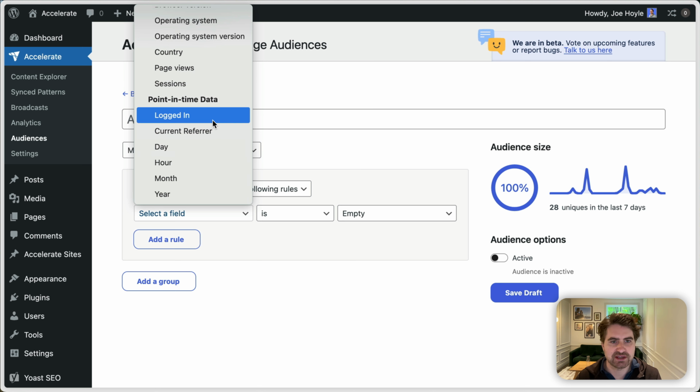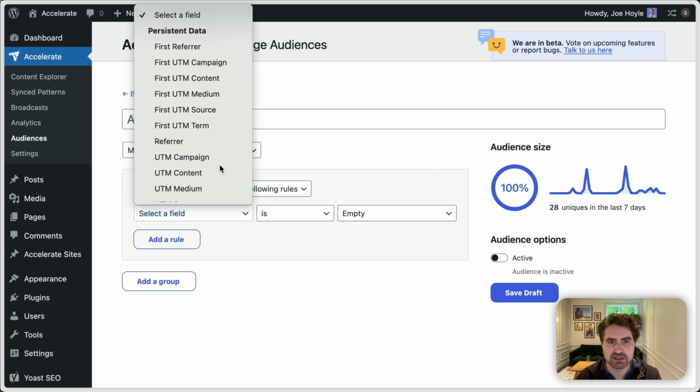And then we also have current point in time data, so that can change on a per page view basis. For example, if the user is logged into my website, or time of day, time of year, that kind of thing. So I can segment my audiences by a good amount of data out of the box,